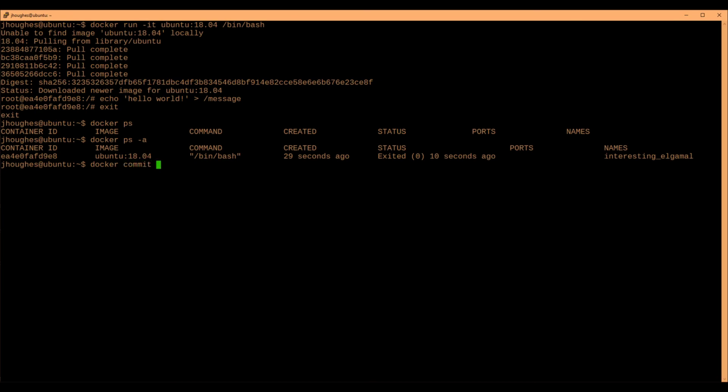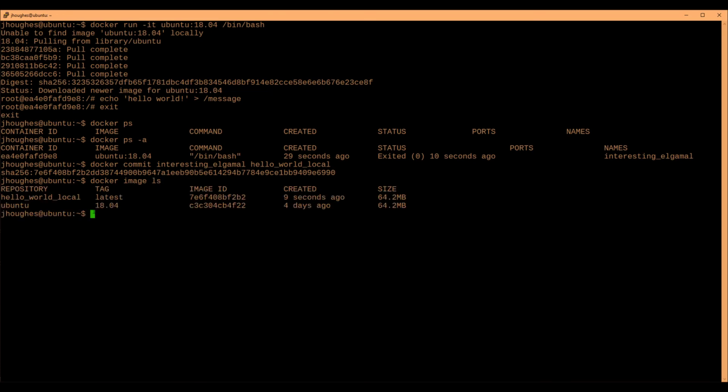We're going to grab the name of this, and we're going to give it our own title for the image itself. So based on that container that was running, we're creating an image from it. We get back a hash. So now if we do a docker image ls, we will see that we have the Ubuntu 1804 image that we pulled down, created 4 days ago, and we now have the